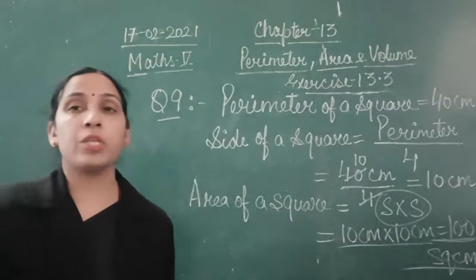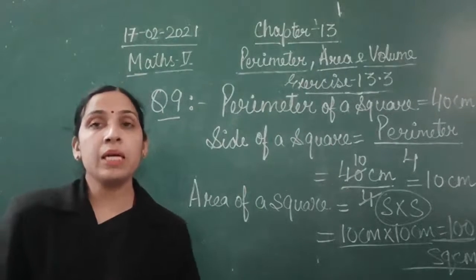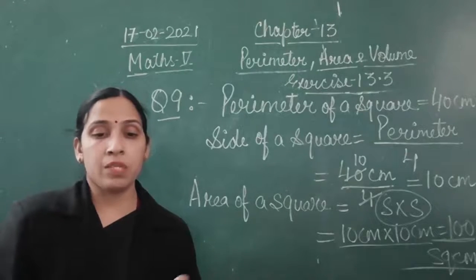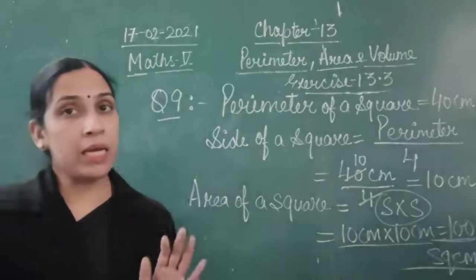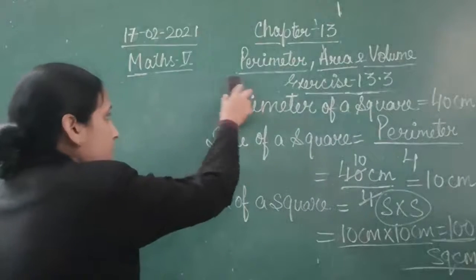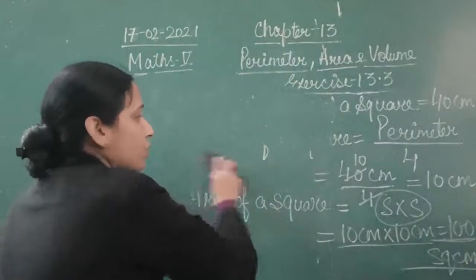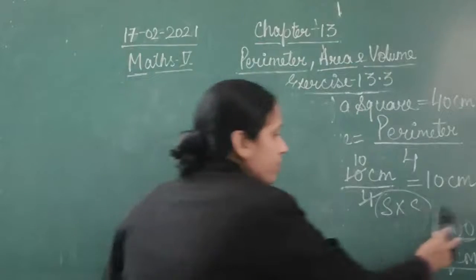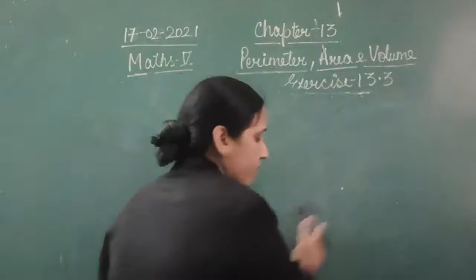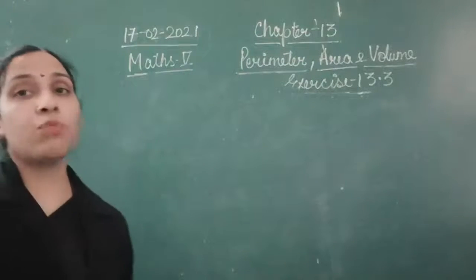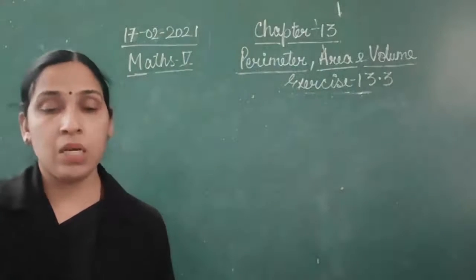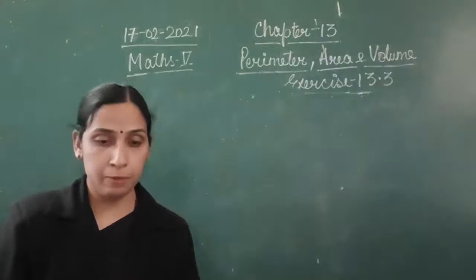Now let's come to question number 10. To do that question, we have 2 different methods. First I'll read out the question and then I'll explain what is given in the question, and then we will decide which method you will use to solve this question. You are going to find the concept separately or together. Let's start question number 10.